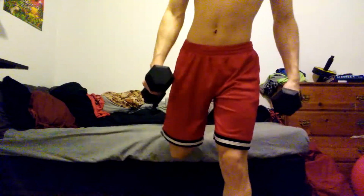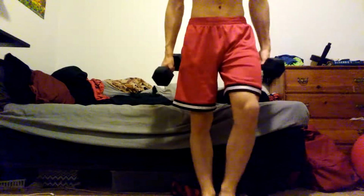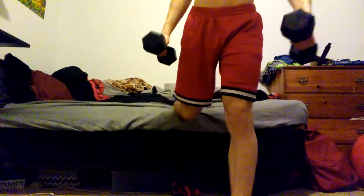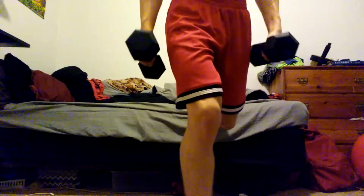So the reason it's called a split squat, I don't know where the Bulgarian came from, but what you need to do is, I'm going to move the camera down just one more. By the way, if you want to know where I'm putting the camera right now, I'm putting it on the handles of my drawer. So here we go. So put one leg up here, 1 foot, and then come down right here and just do like a nice squat right there,